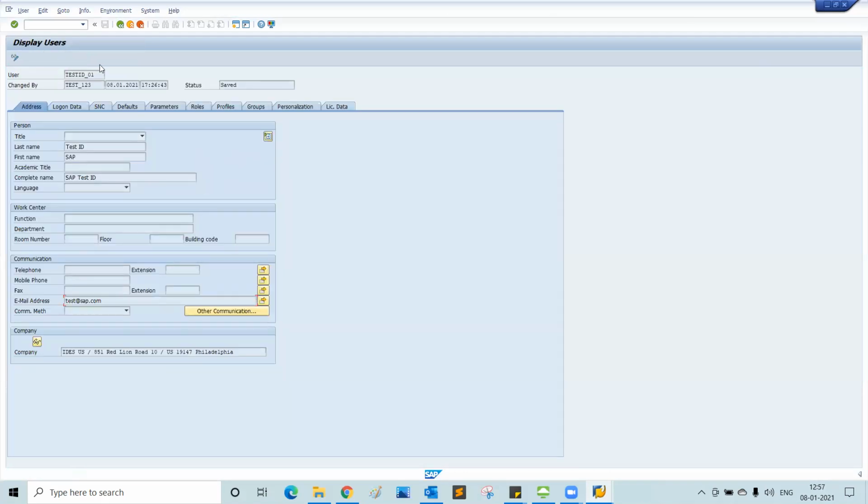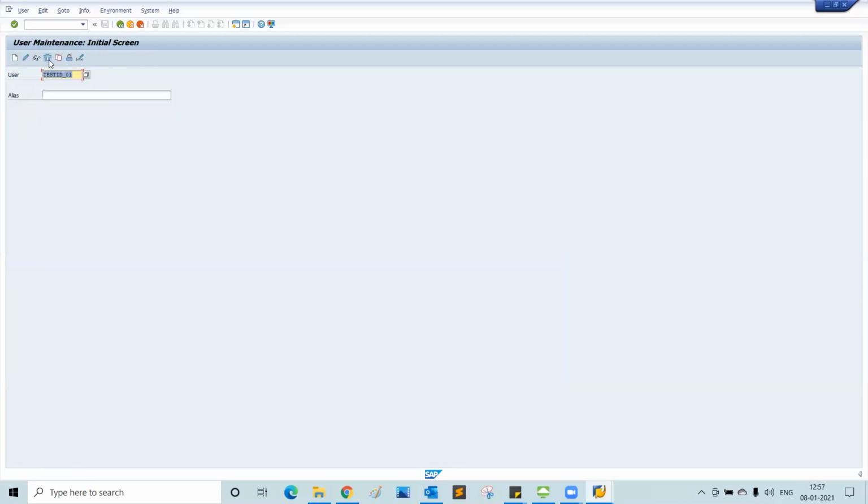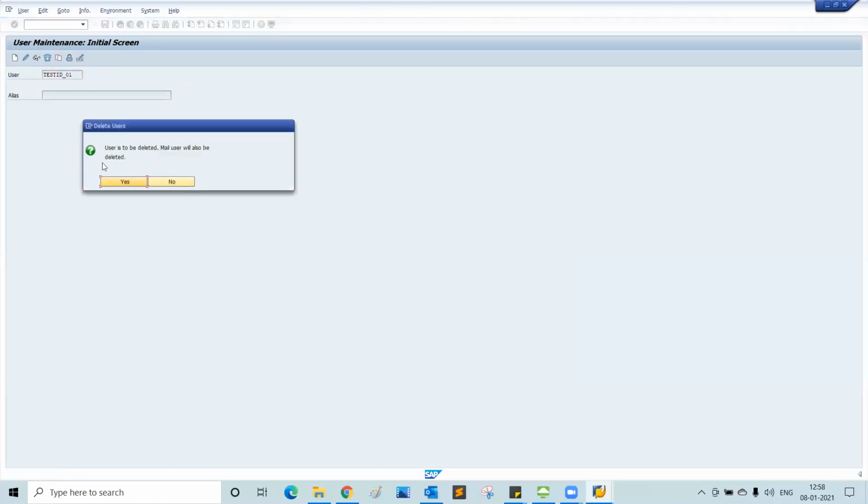The transaction code for display access to SU01 is SU01D. You would give this access to different technical teams who are part of your AMS, application maintenance support team. This would just display what the user has and what the other details are that are maintained for this particular user. And then delete. You can delete an ID by clicking on that. When you say yes, the user gets deleted.